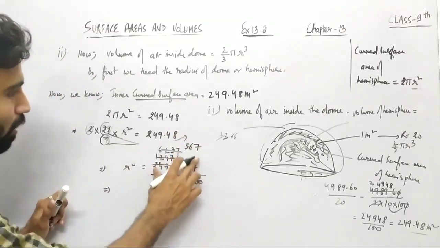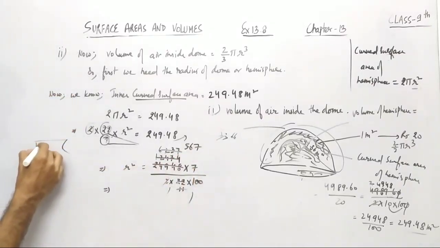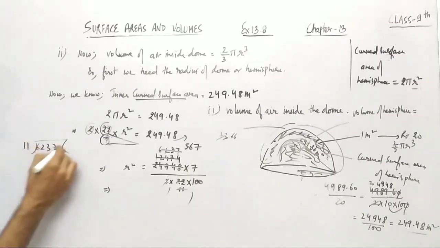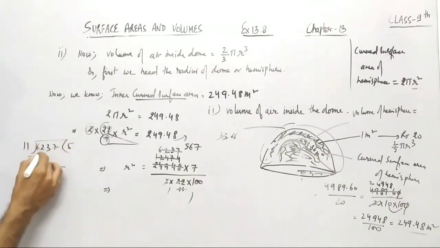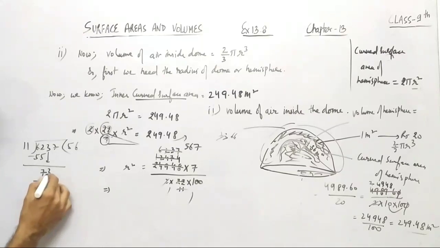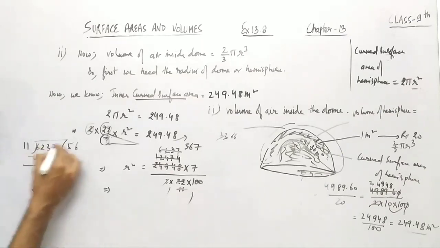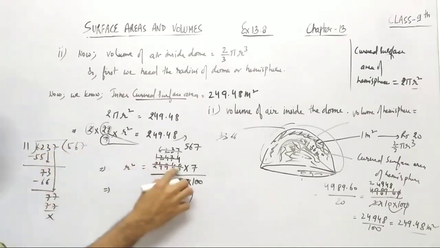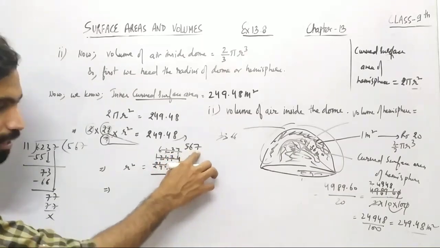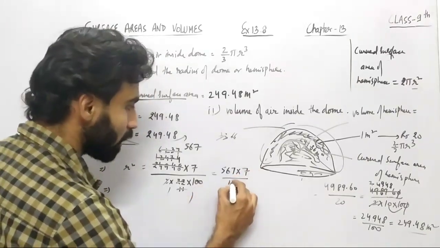Now you can see this is what we have got here. So let me just cross check. If you feel some little problem here, you can see 11 5s are 55. Now removing it will give you 12 minus 5 is 7, then 5 minus 5 is 0, right? So that will bring 3 down, so 11 6s are 66, right? So you can see 13 minus 6, that will be 7. Now this 7 will also come down, so 6 minus 6 is 0, right? Now 11 7s are 77, right? So we have got, at the table of 11, this reduced to 567. So what is remaining here is 567 into 7 upon 100, right?